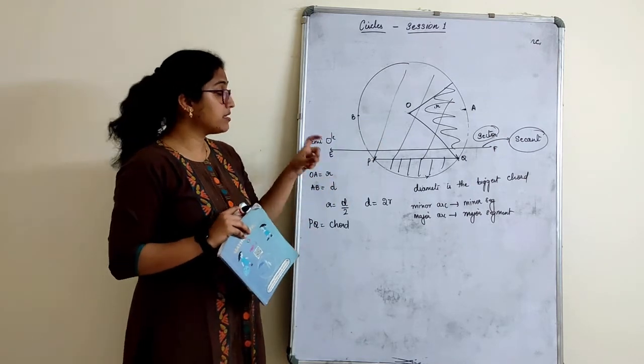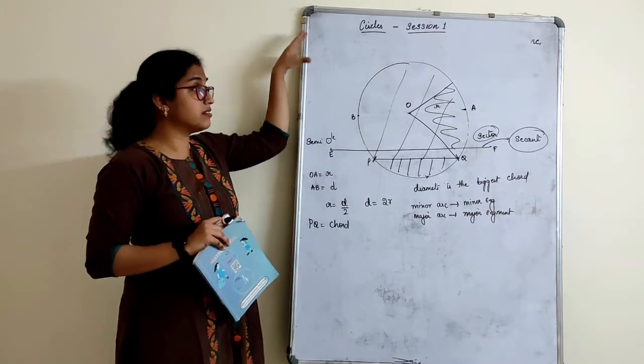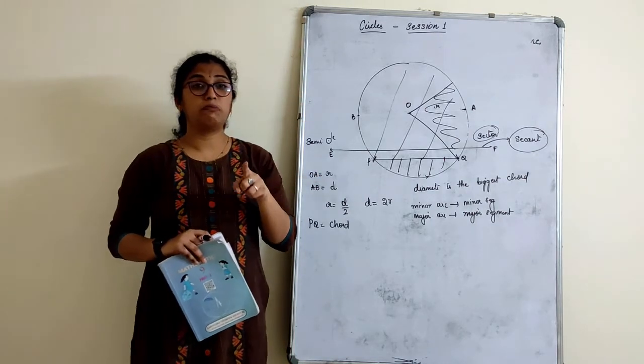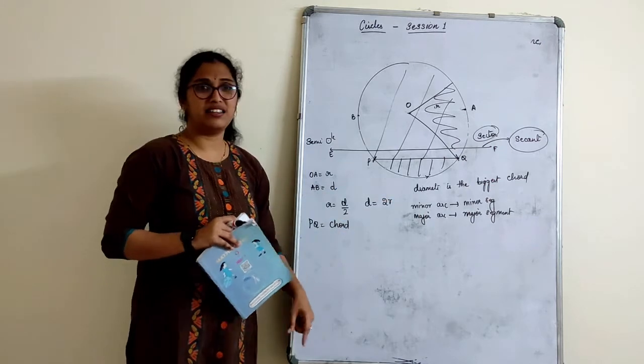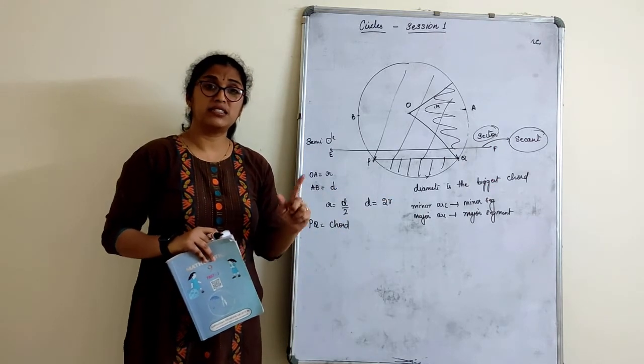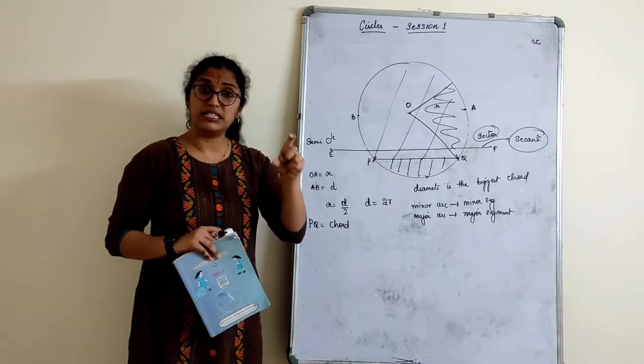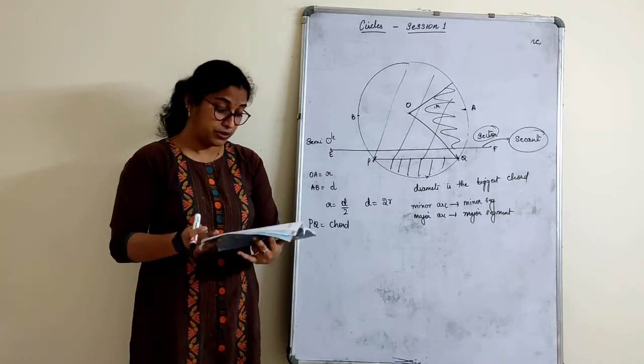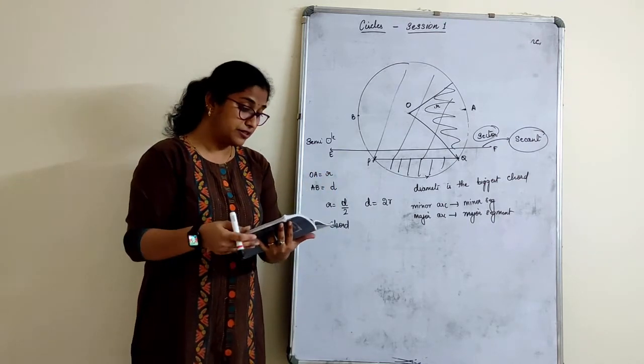So now for basics, as I have told you, give the heading as circles, 2 points what I have written on the board. After that, I will be sending you one PDF where all these definitions are there about diameter, radius, arc, major and minor, segment, major and minor. About that, I will be giving it to you. Quickly, we will move to the exercise here.